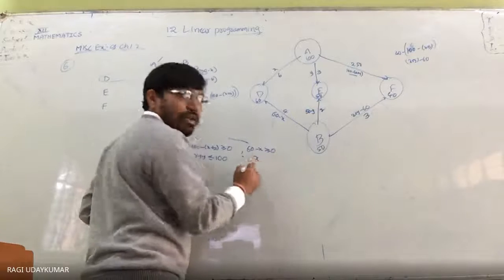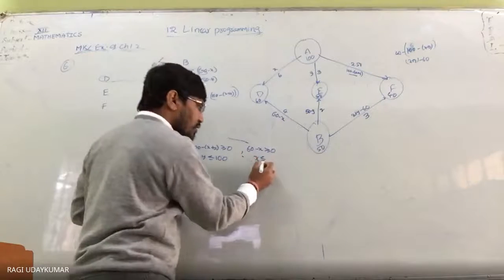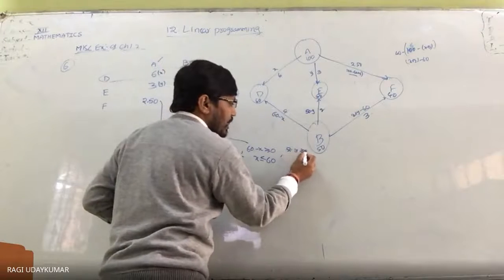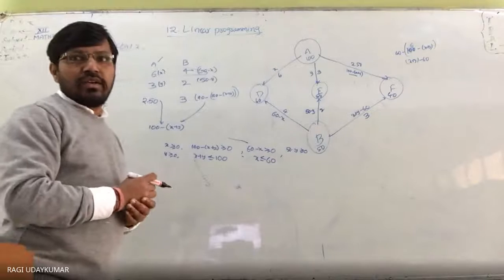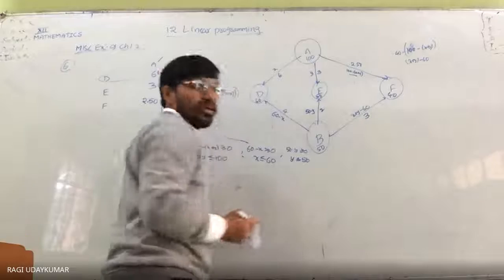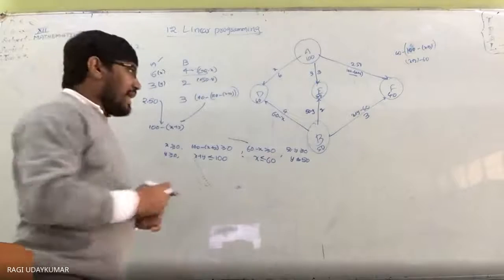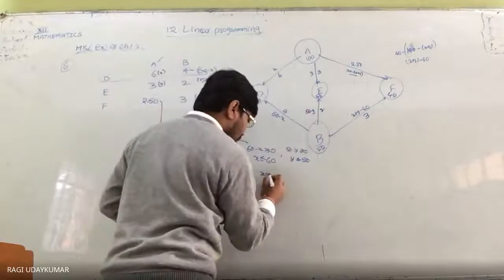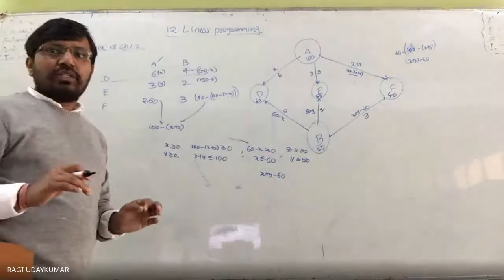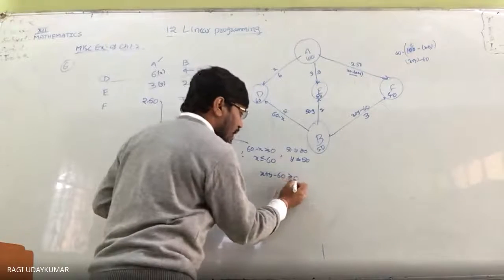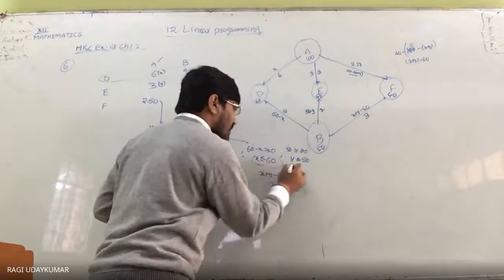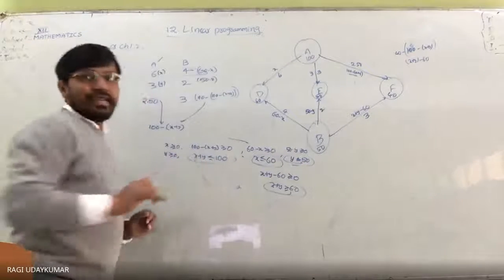So from this, x is less than or equal to 60 you are going to get. And 50 minus y should be greater than or equal to 0 होना है. So from this y should be less than or equal to 50. And x plus y minus 60 should be greater than 0, and x plus y greater than or equal to 60. Remaining all the equations are less than 1.